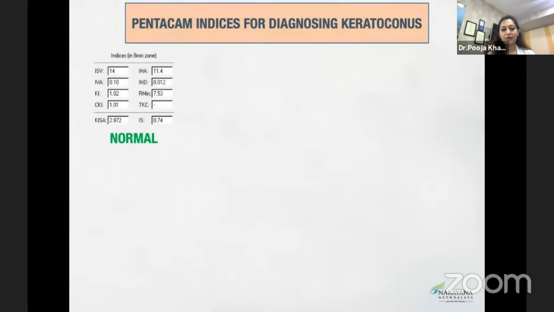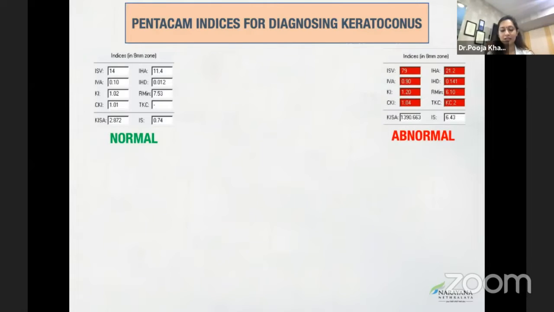Just to give a brief on that, there are various indices in all topographers, and now the advanced topographers tell you which are the normal values, which are the suspicious, and which are the abnormal. However, there are times that some indices are normal, some are suspicious. So we get into confusion about what to do, what not to do. And the more indices come in, the more the confusion adds, sometimes, not for all cases, but for 10% of the cases. So this talk is not for the straightforward cases, but for all those suspicious cases.